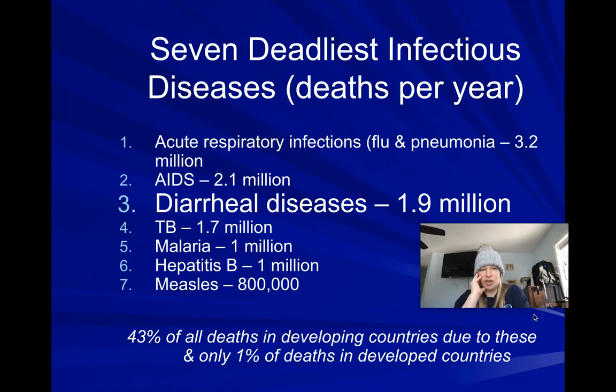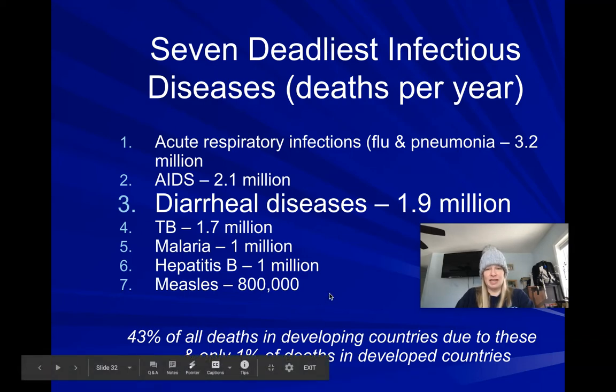So yes, the third deadliest infectious disease, meaning a transmissible disease, a disease that can be spread from one person to another, is diarrheal diseases. You see most of these deaths are occurring in developing countries where sanitation isn't as good, sewage isn't treated, or they don't treat their drinking water and kill the bacteria in it before people ingest it. And so here, I'll go to the next slide very quickly.